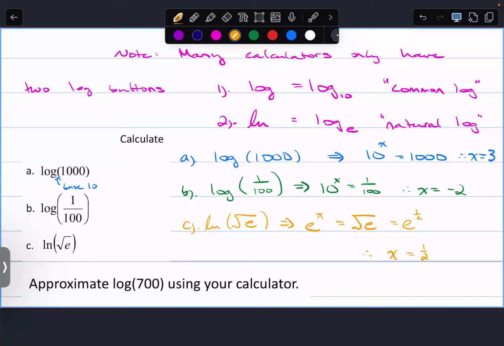So you can try it on your calculator, right? If you have the natural log of the square root of E, and the E button is worth finding. Mine, it's in the red alpha menu down at the bottom. And so if I take the natural log of the root of E, I get 1/2.